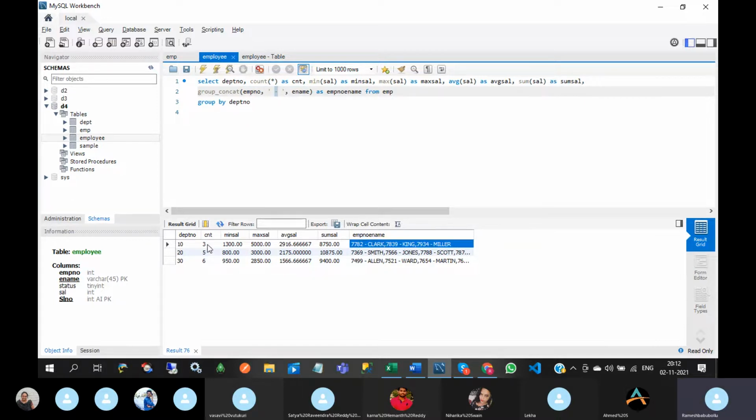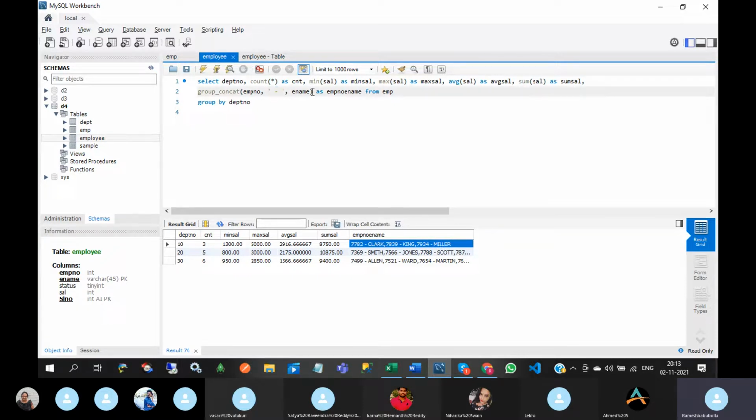So first 3 employees are there. So the employee numbers are 7782 hyphen Clark, employee name, comma. Comma means it will automatically give a comma. So next 7839, this is the second employee number, and 7934 the third employee number, with names King and Miller.